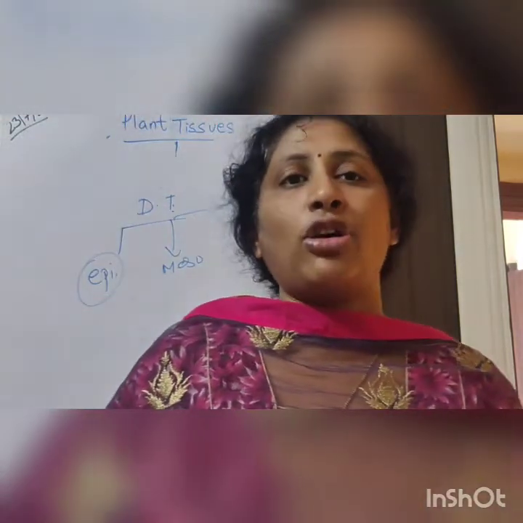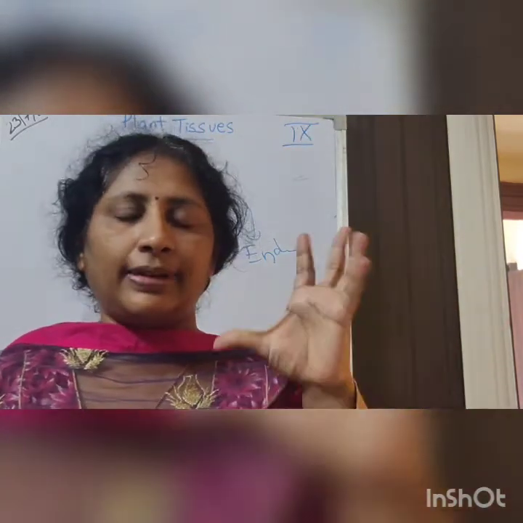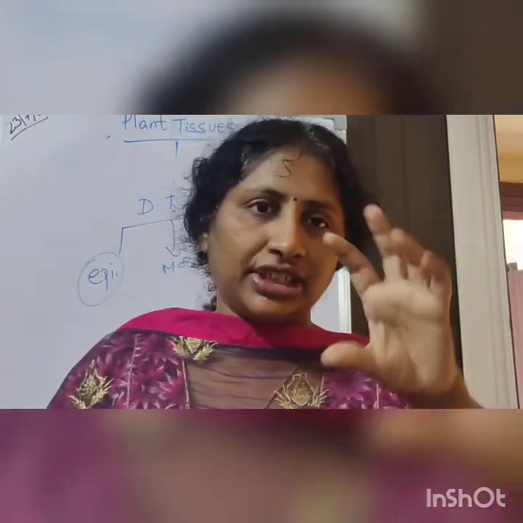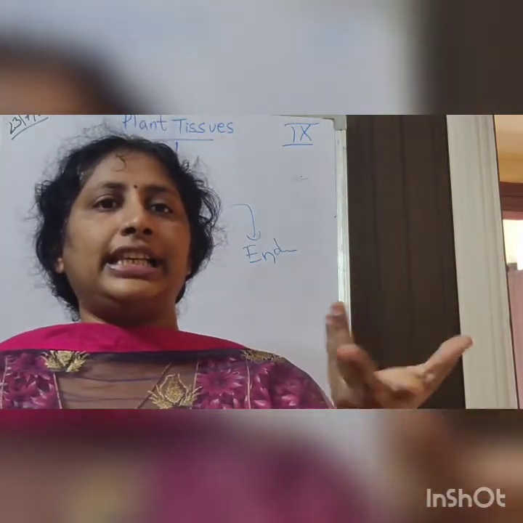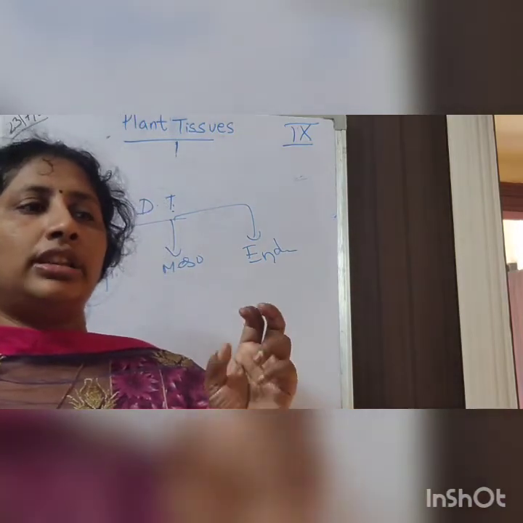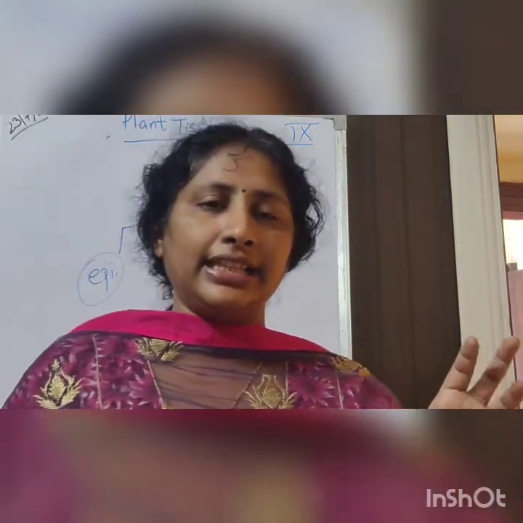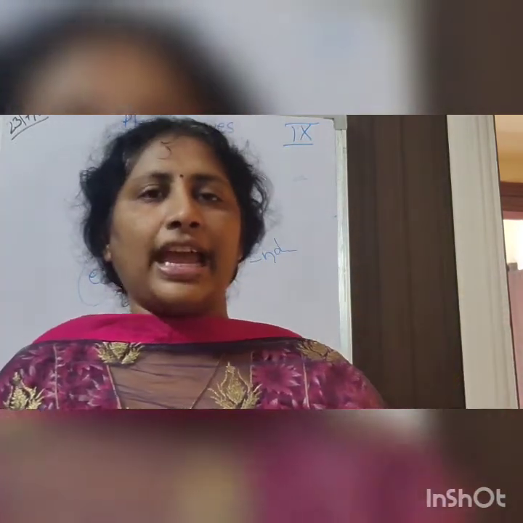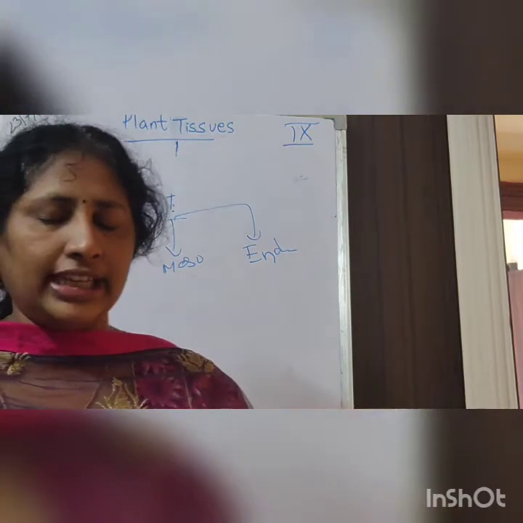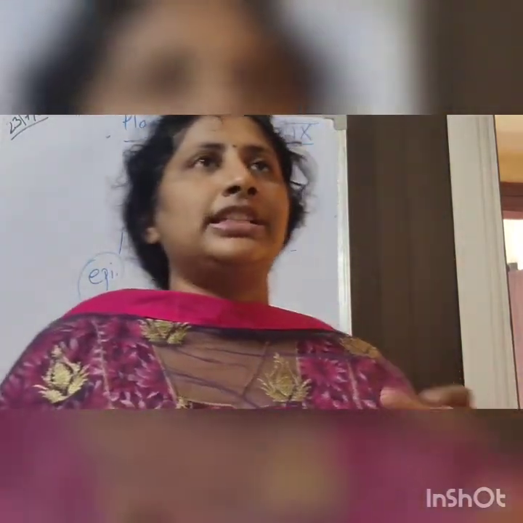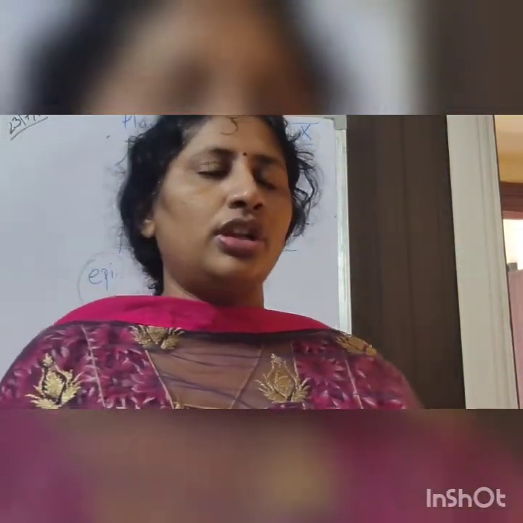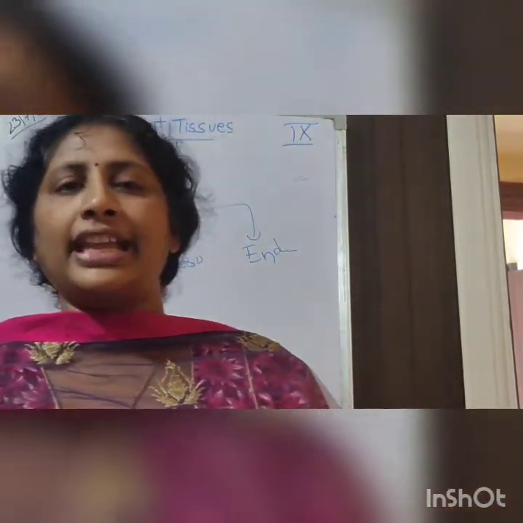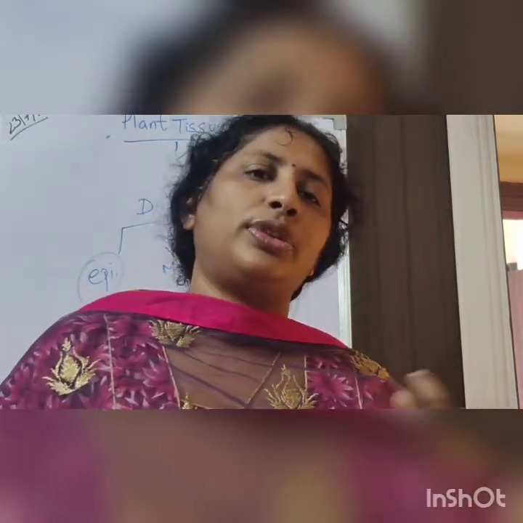Since they are compactly arranged, sclerenchyma is giving hardness to the shell, like a walnut. The shell is made up of sclerenchyma. Okay. So the hardness of anything in the plant is given by what? Sclerenchyma tissue. Clear? This is about the ground tissue. Its main function is mechanical support and storage of food.